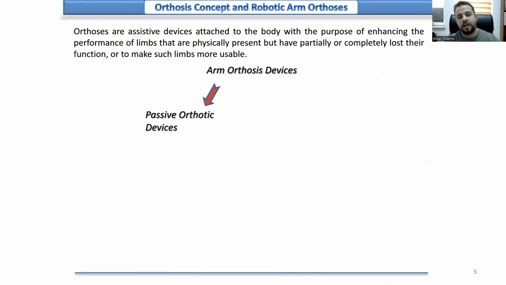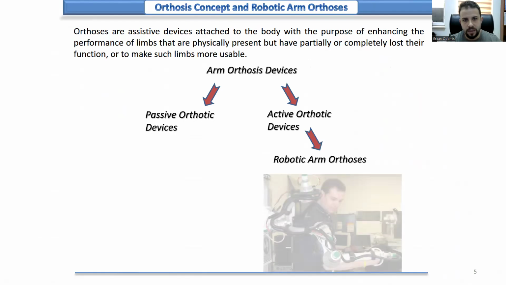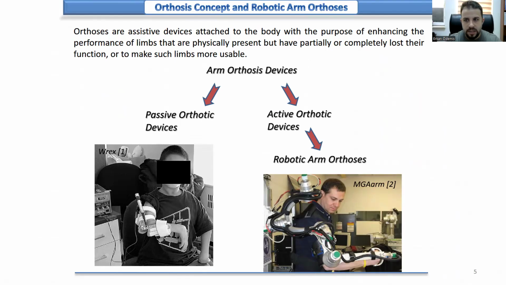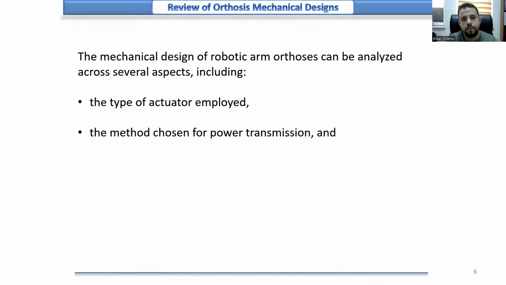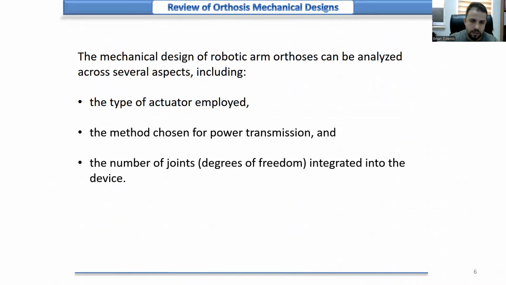Robotic arm ortheses can be divided into two categories, which are passive orthotic devices and active orthotic devices. Robotic arm ortheses are classified as a subclass of active rehabilitation devices. On the figures, we can see VREX, which is a passive orthotic device, and the MGE arm, robotic arm orthesis, which is an active orthotic device. The mechanical design of robotic arm orthesis can be analyzed across several aspects, including the type of actuator employed, the method chosen for power transmission, and the number of joints or degrees of freedom